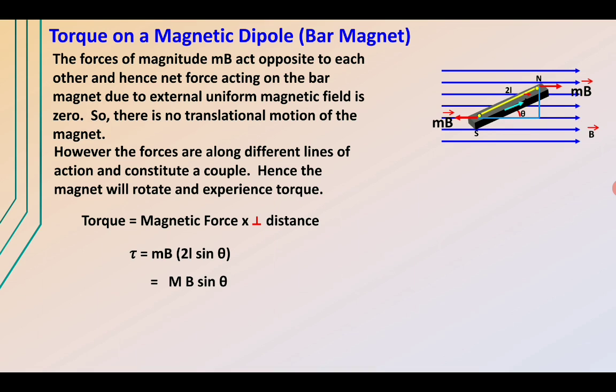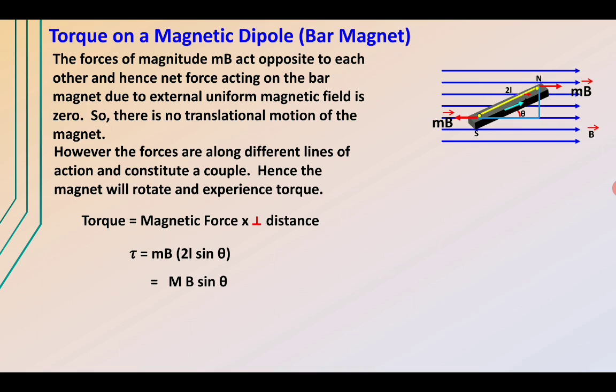So this is our perpendicular distance. Now we know that this is mB into 2L sine theta. Now m into 2L is known as the magnetic dipole moment, that is capital M. So our torque equals the magnetic dipole moment into the field strength into sine of angle theta,